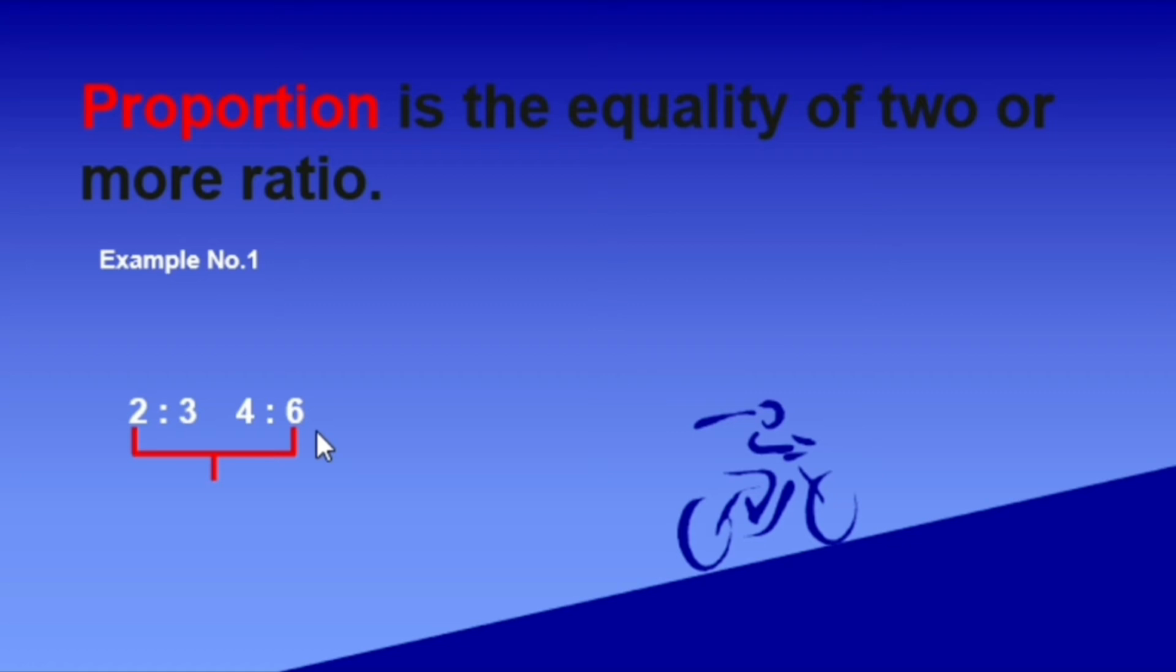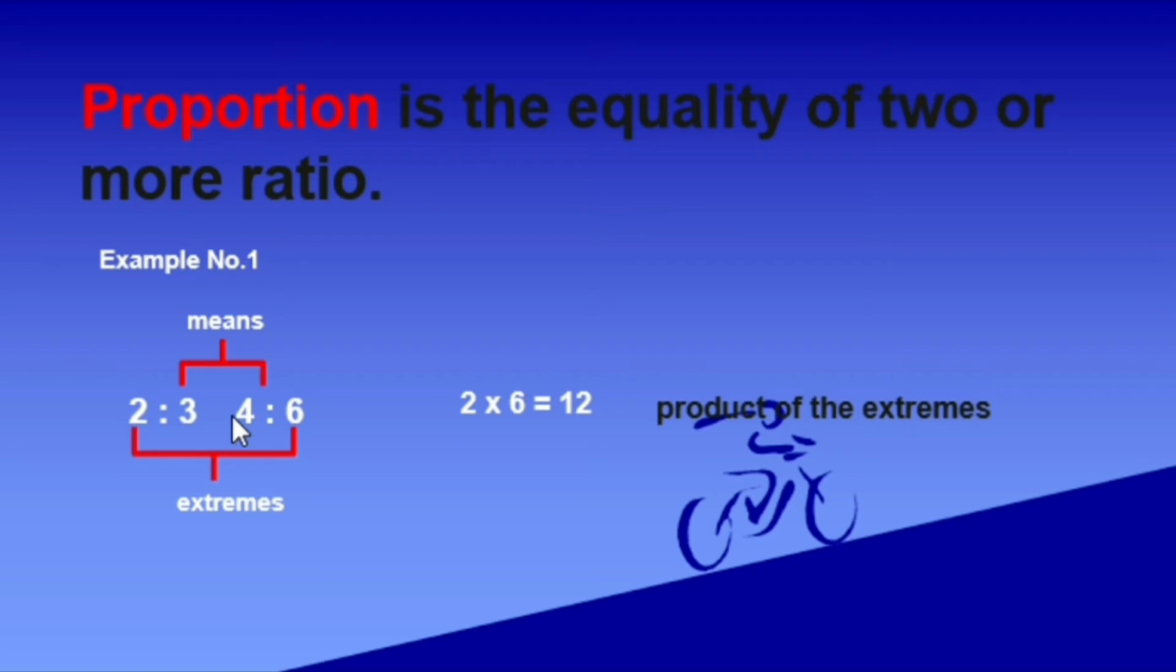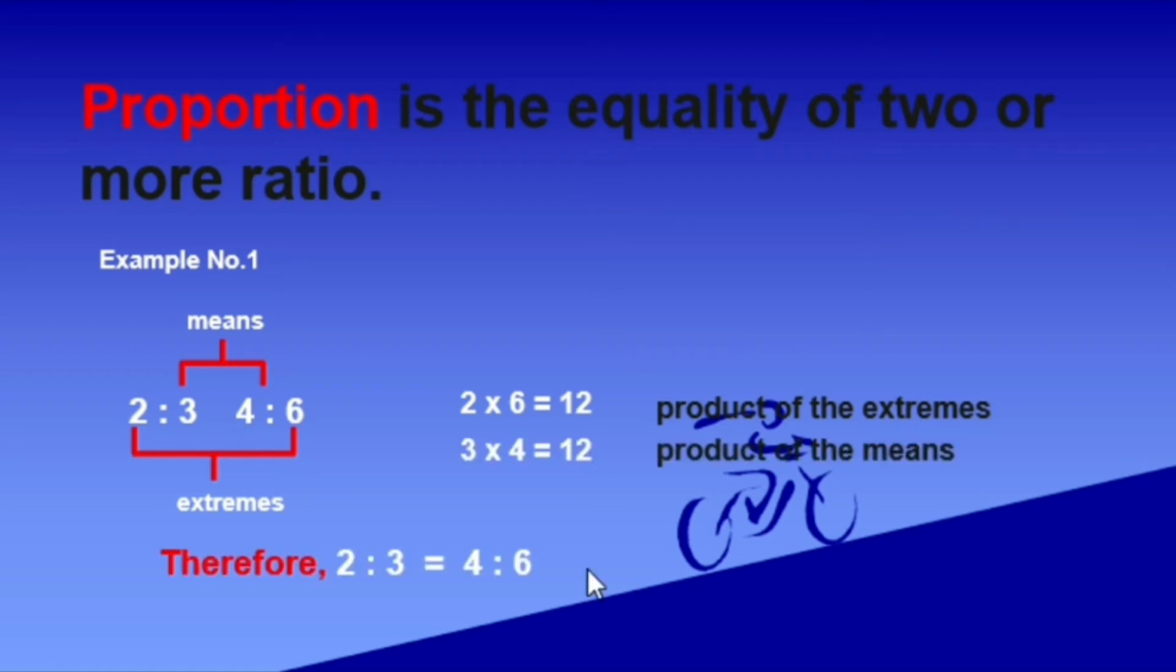Let us get now the product of the means. We have 3 times 4 is equal to 12. That is the product of the means. Since their products are equal, which is 12, therefore, 2 is to 3 is equal to 4 is to 6. That means they are proportion. Let us have another example. This time, in example number 2,